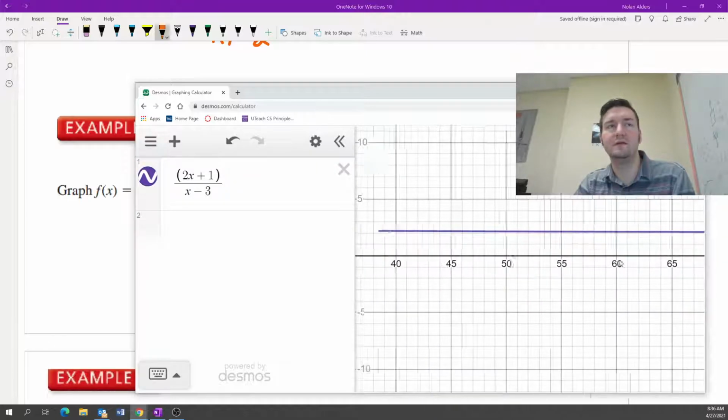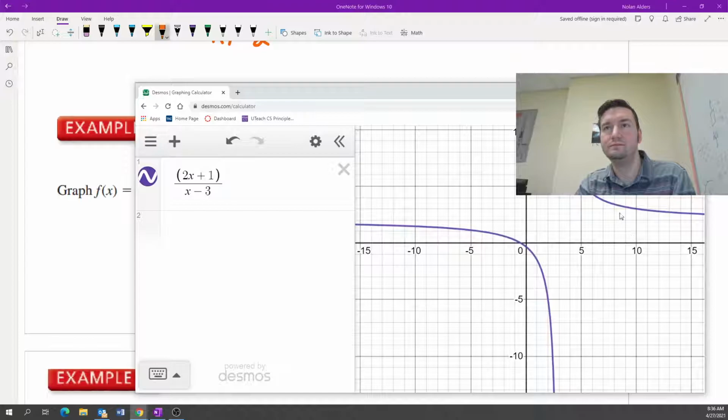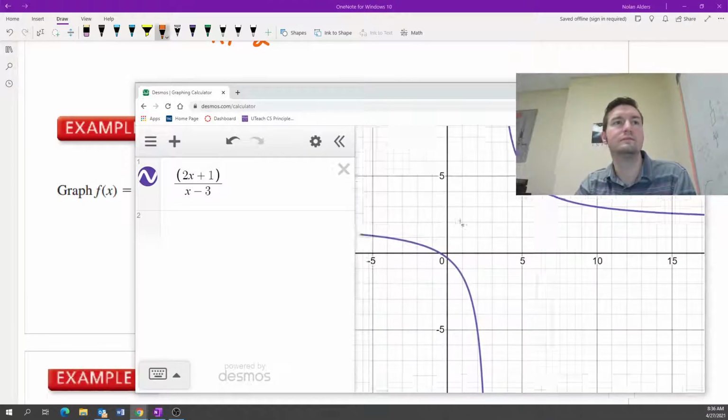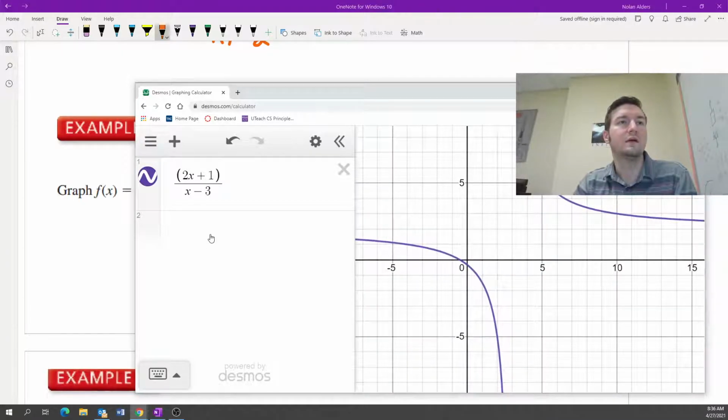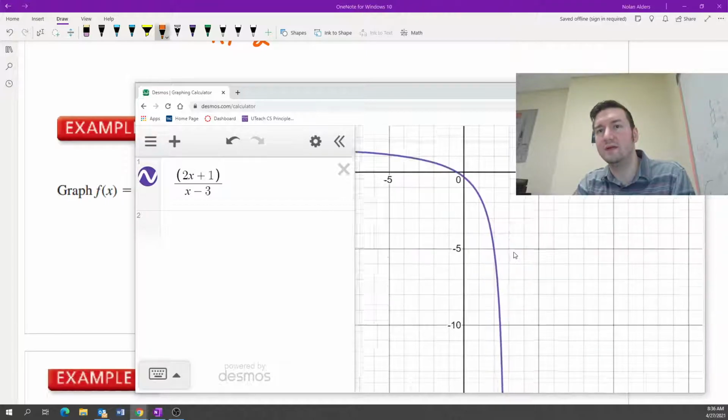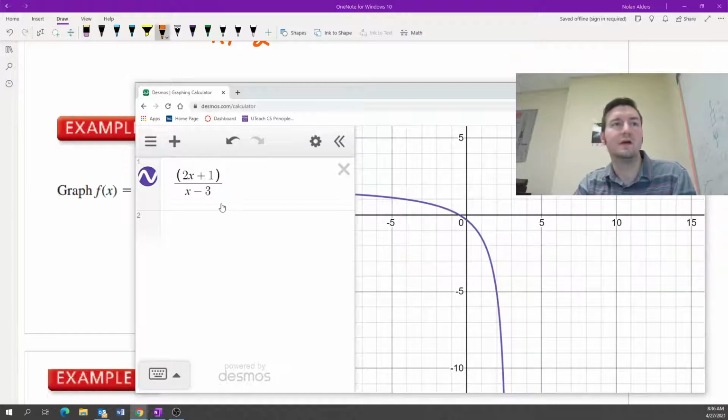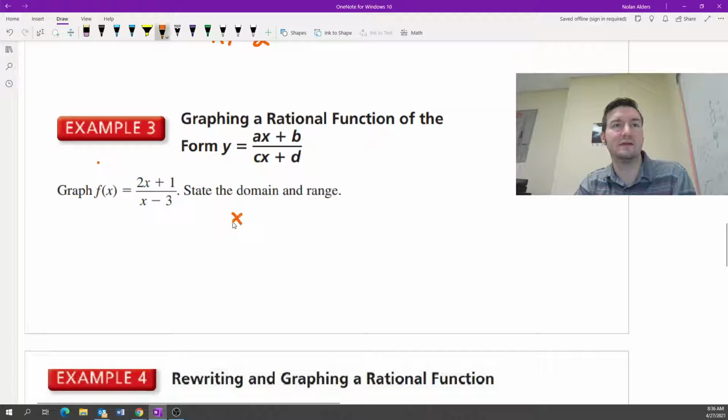But what we can do is we know that x can't be 3 because we can't divide by 0. So we know 3 is going to be the asymptote here. So x equals 3. We know x can't equal